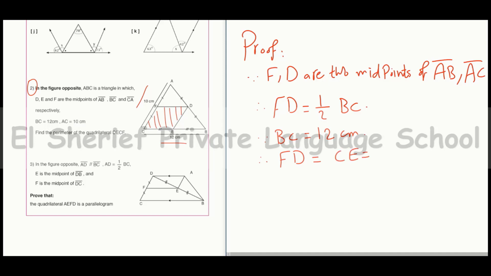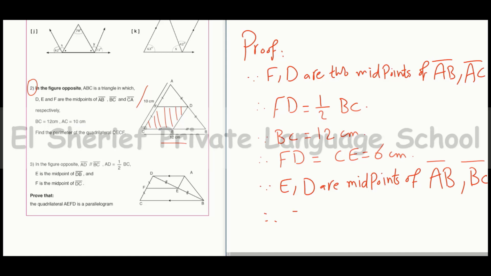Since E is a midpoint of BC, EC also equals 6 centimeters. So FD equals CE equals 6 centimeters. After that, since E and D are the midpoints of AB and BC respectively,